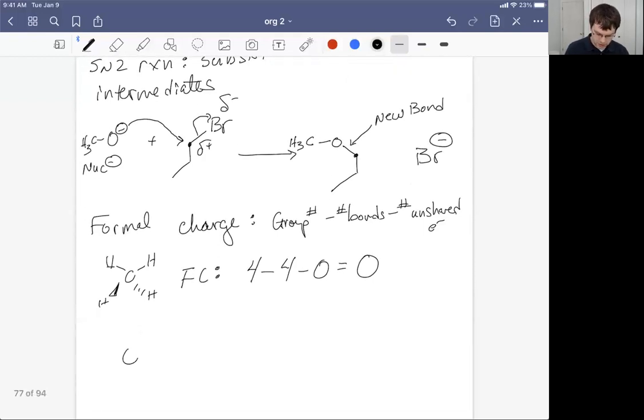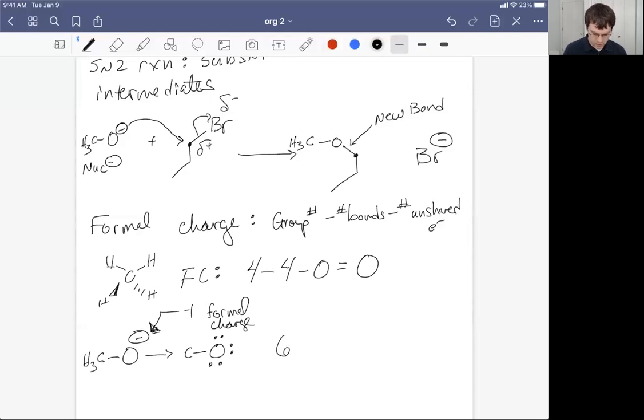Now, if we look at the oxygen atom, okay, let's draw that oxygen atom a little bit better. Let's have the bond to carbon, sure. But what does the -1 mean? Well, the -1 actually comes from the formal charge. That tells us the charge of the element and actually gives us a hint of the overall charge of this ion in this case. Okay, so oxygen is 2 elements to the right of carbon. It's in group 6. It has 1 bond and it has